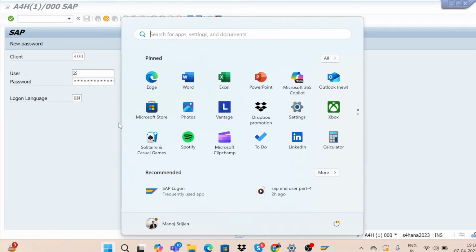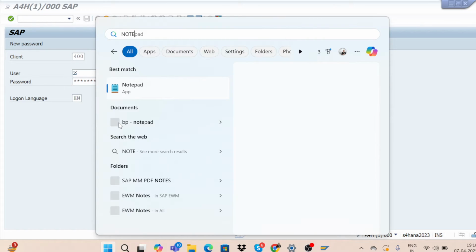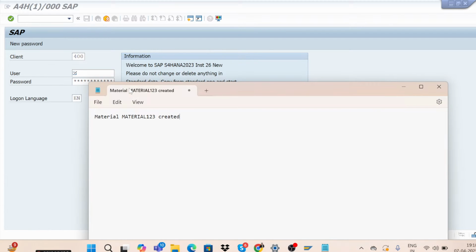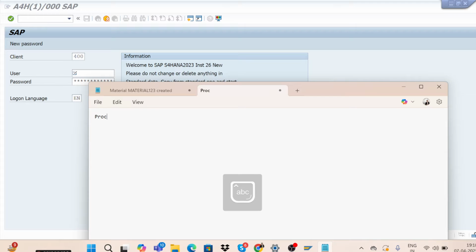So we will see the procurement cycle. Do you know what a procurement cycle is?